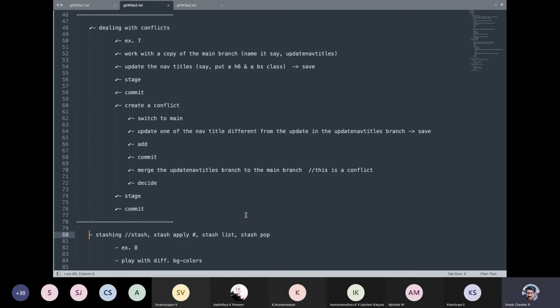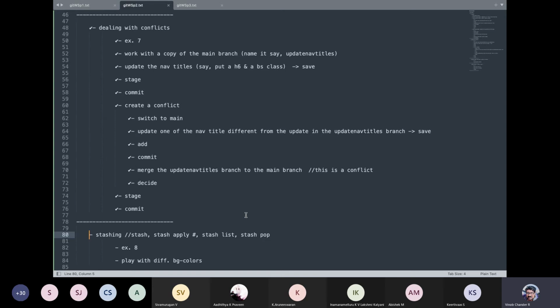You may want to decide whether your changes are going to be accepted by the project team or not. If you have already done something and you don't want to lose that, you can stash it. Stashing is essentially like a temporary area, guys.